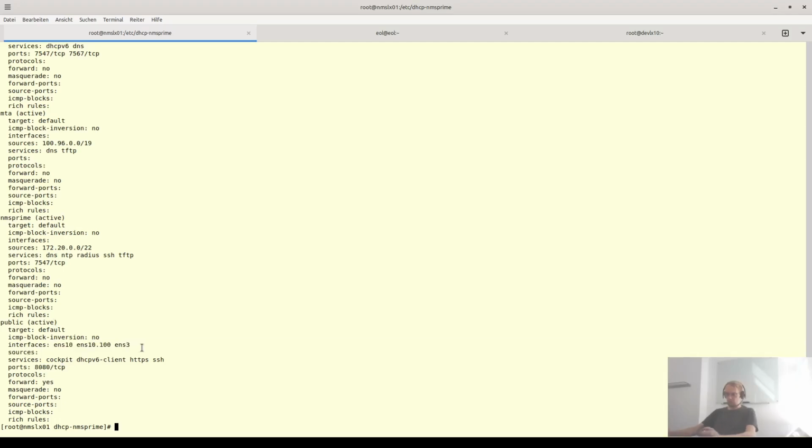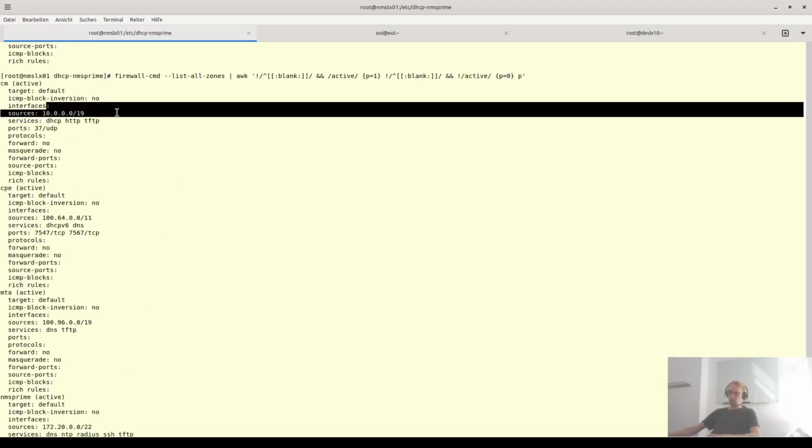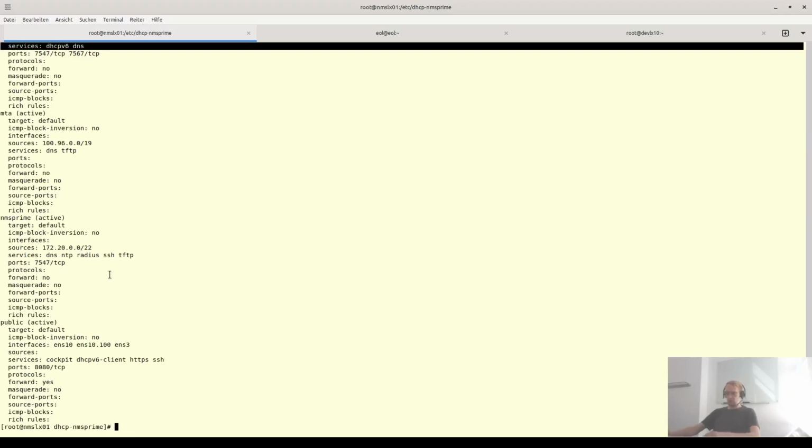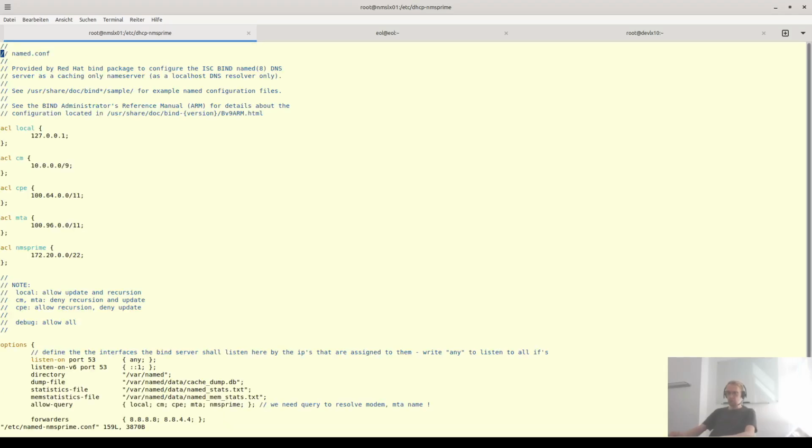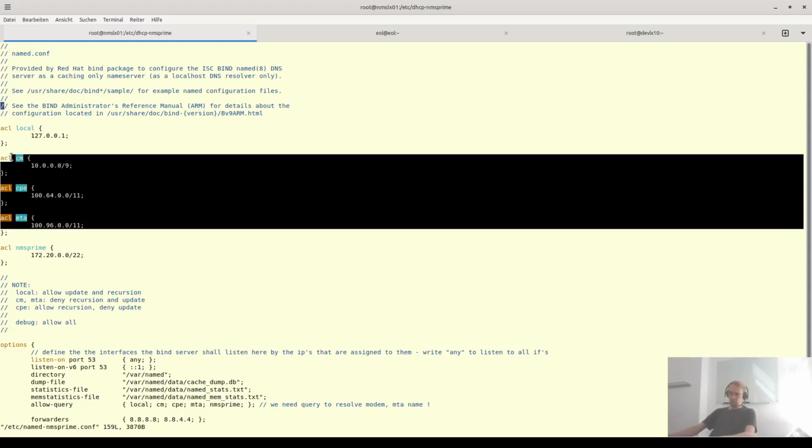Of course, you can adjust this according to your needs, but just in case you run into issues, it might be that this is due to the firewall blocking some requests if you change our default IP address ranges to something else. One more thing as well for named, for our DNS server, which is located in /etc/dhcp/named-nmsprime. Here we also have some access control lists for cable modems, CPEs, MTAs. So if you, as I said, if you change the ranges, you may want to change this here as well, because otherwise named won't